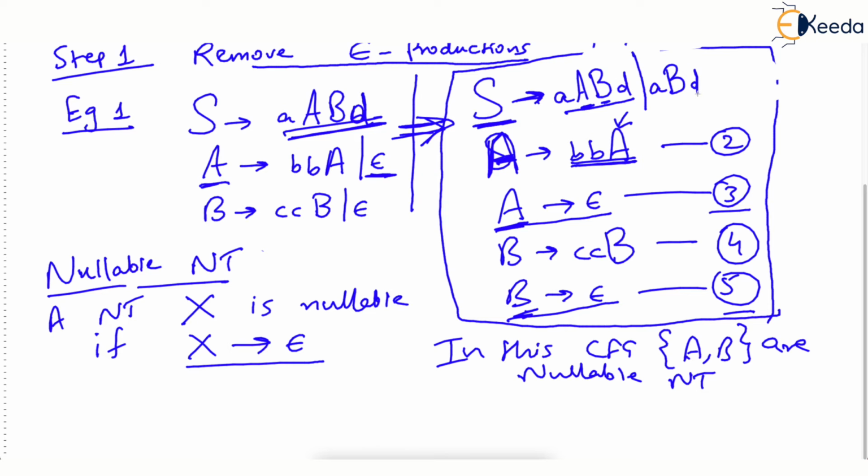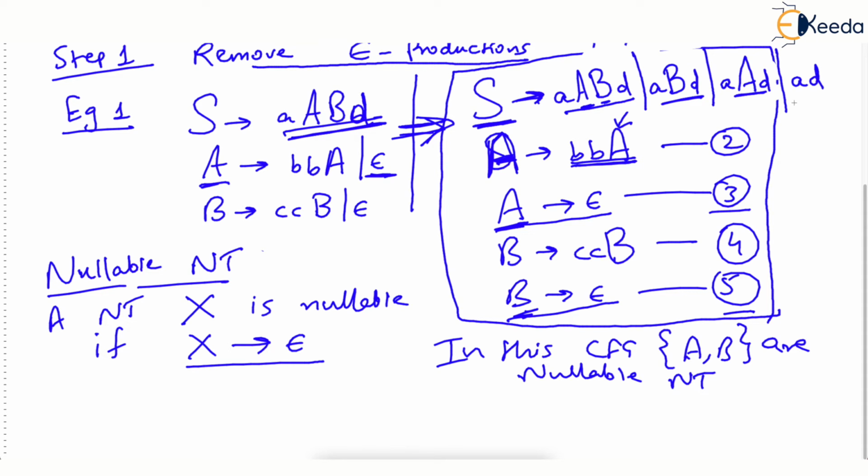Check. I have removed A and written the same production, OR. One more production I am putting. I will now remove B because B is also nullable. Notice A and B both are nullable. So I am removing B also. I will now keep A, but remove B. So first I have removed A, in this I have removed B. Now the next thing is I'll remove both because both are nullable. So I will get production AD.